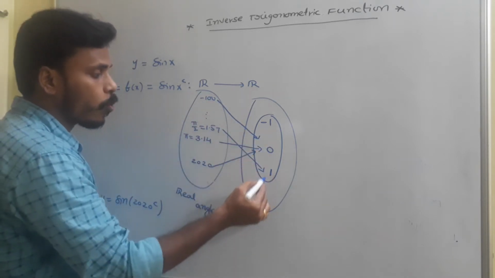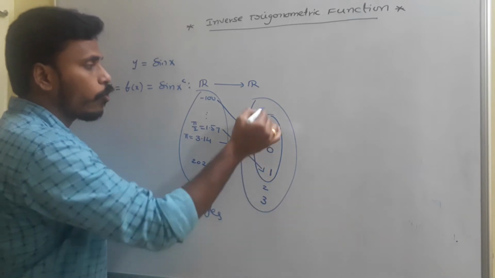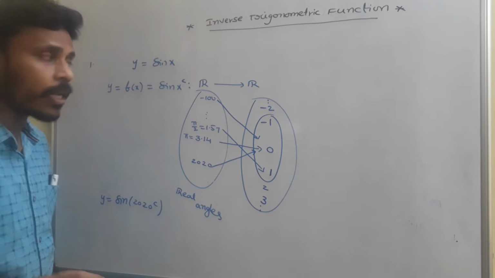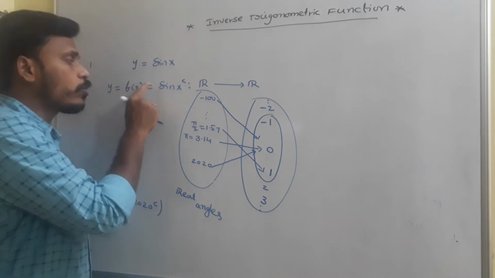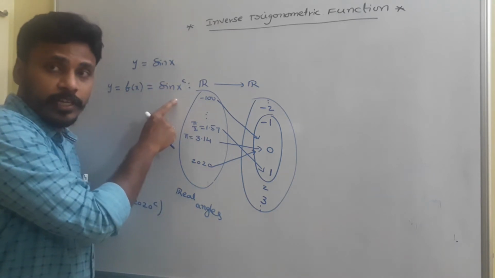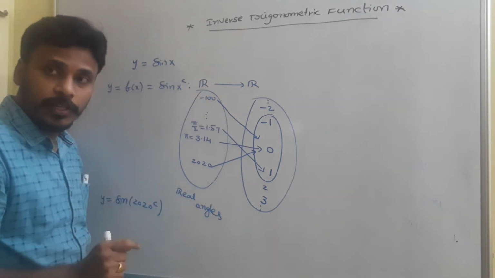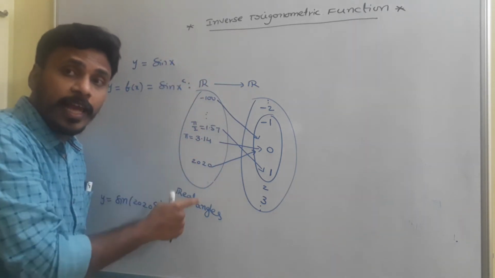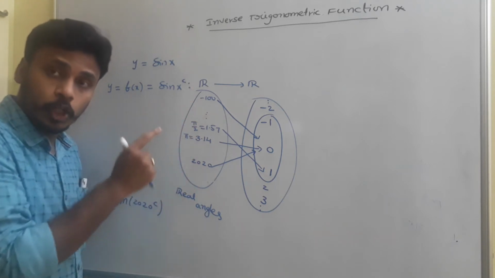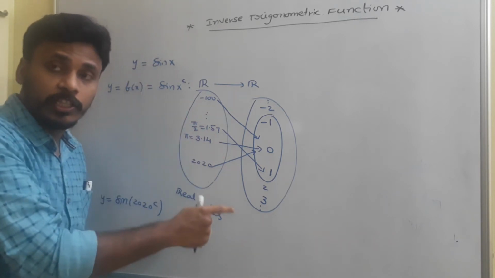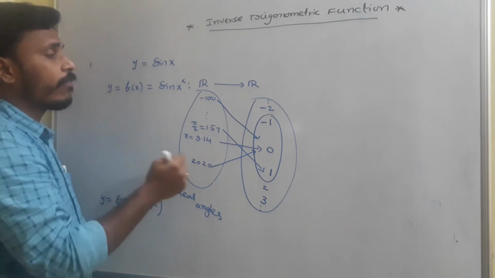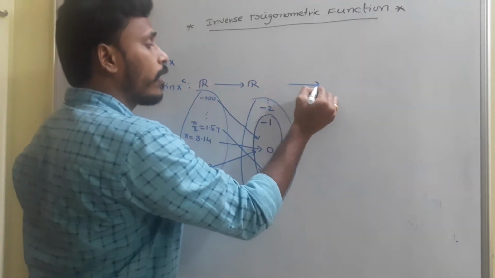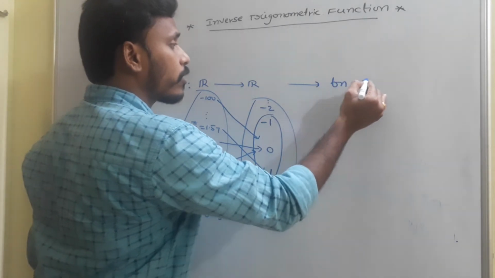Minus 1, 0, 1, after that we have 2, 3, 4, before that we have minus 2, like that many real numbers, right? So for this y equals f of x equals sin x radians, if the domain is real numbers and the codomain is real numbers, for every element of the domain, for sure there is a result in the codomain, and that's why we say that this sin x from real to real numbers is clearly a function.